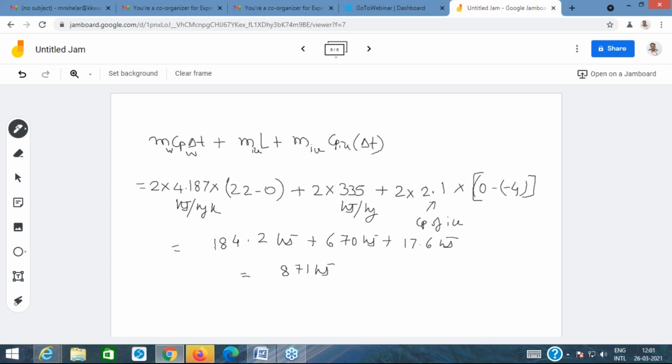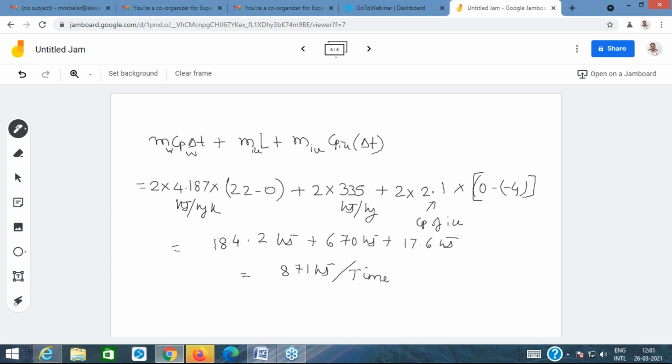There is also something called stirrer work, where the stirrer motor is used, and one can estimate that in our calculations. Okay, so I will be neglecting the stirrer work calculations, and what I will be doing is simply using this to divide it by time, upon the time of the experiment.